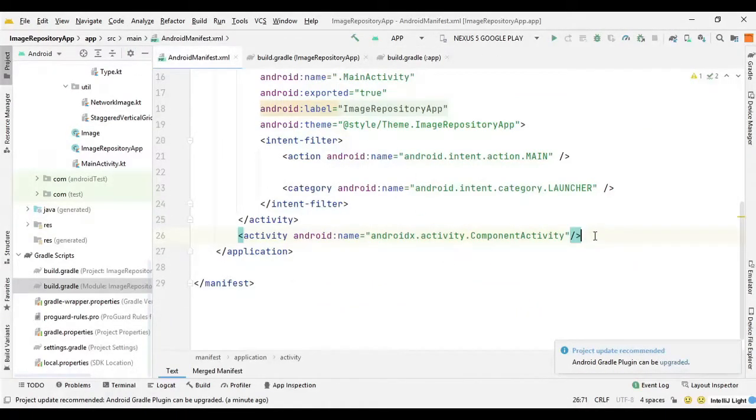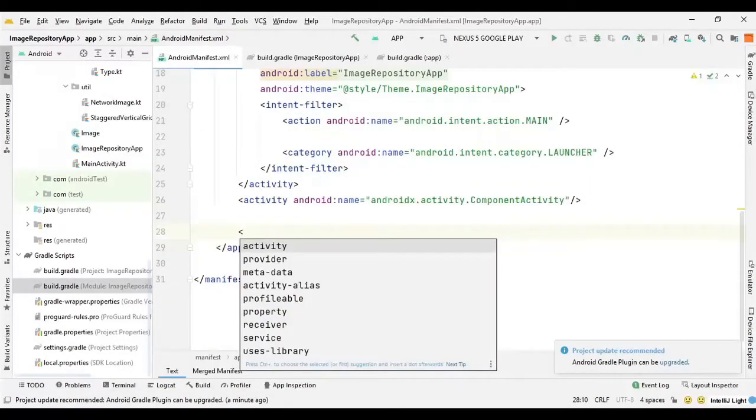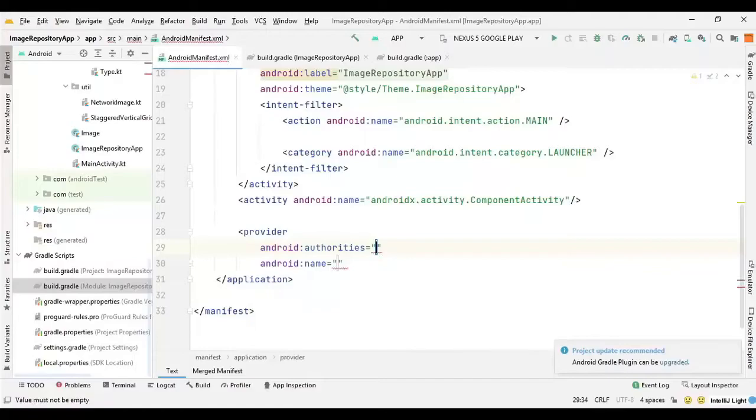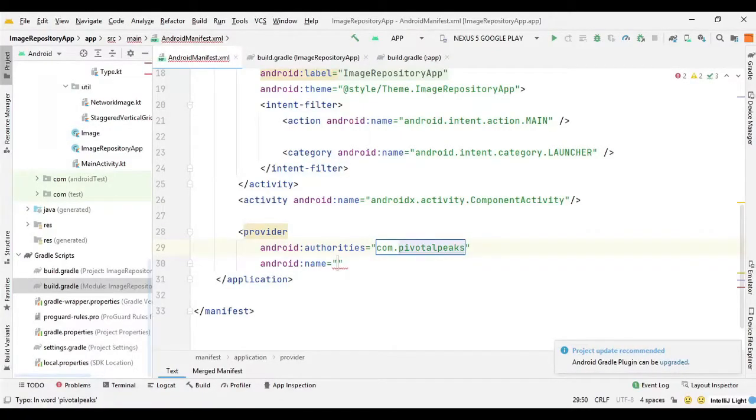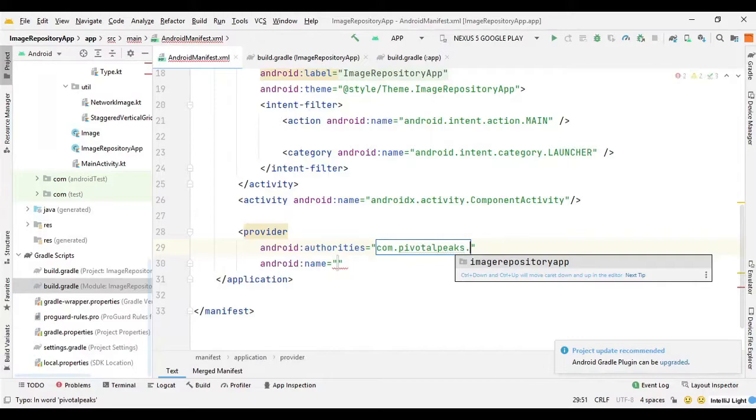So after component activity we can say provider, and the first thing we need is the authorities. So we just need to use our AndroidX Startup. So we can say com, we need to provide the package name. So I can say com.pivotalpeaks, and then the name of the app.